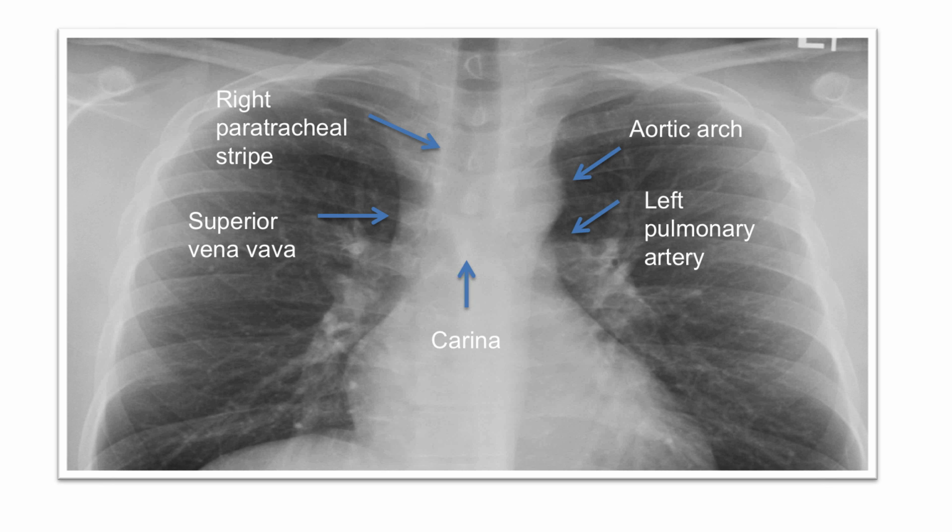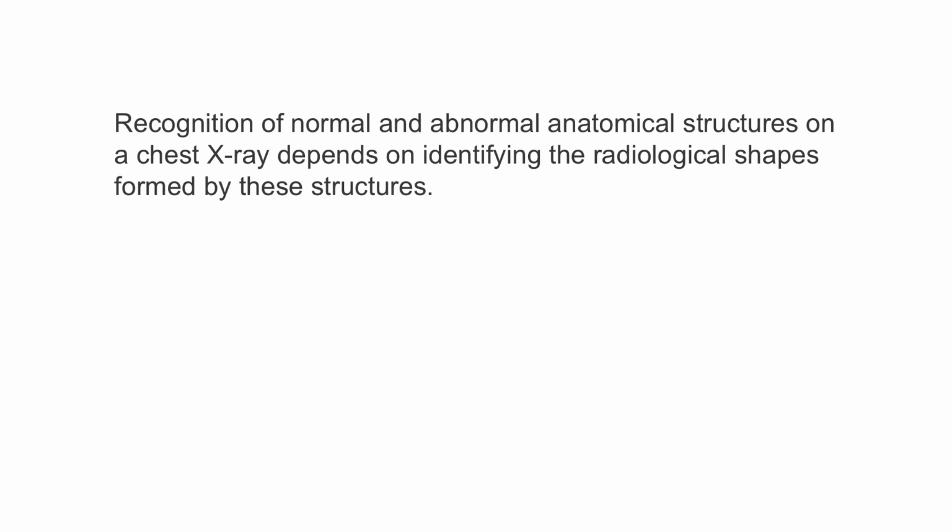We can now use the trachea as a landmark to learn about and to identify other anatomical structures such as the carina, the superior vena cava, the right paratracheal stripe, the aortic arch, and the left pulmonary artery, all anatomical structures that we will be discussing in future videos. So in summary, recognition of normal and abnormal anatomical structures on a chest X-ray depends on identifying the radiological shapes